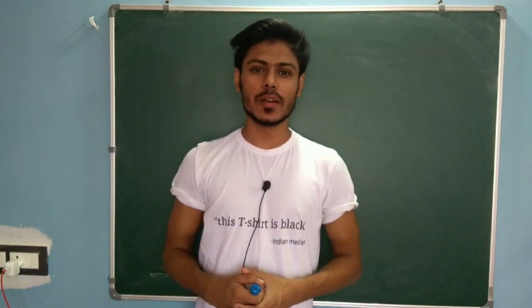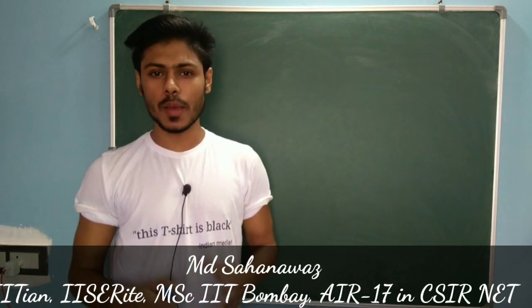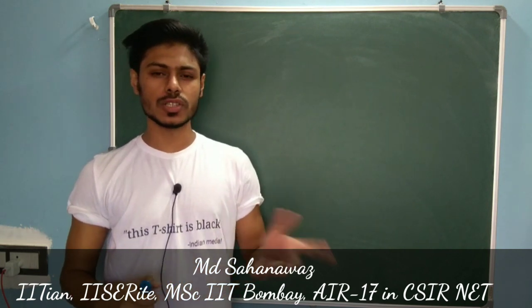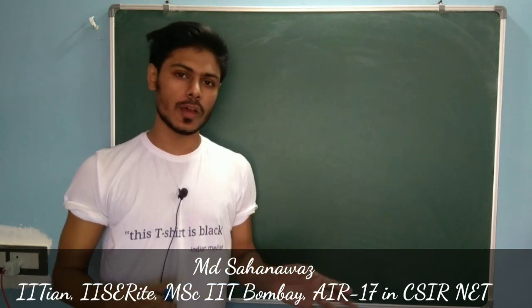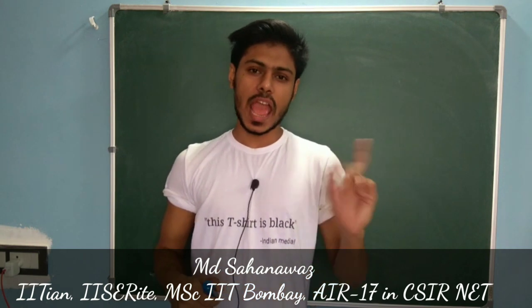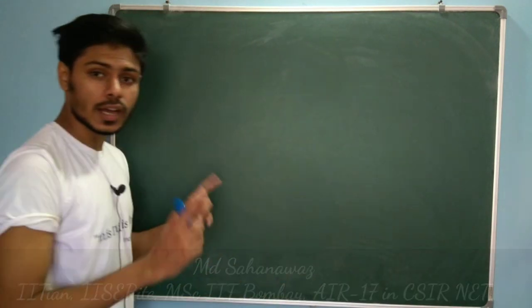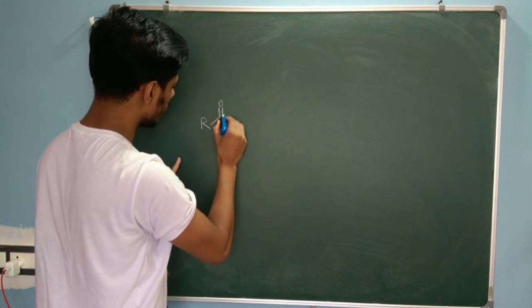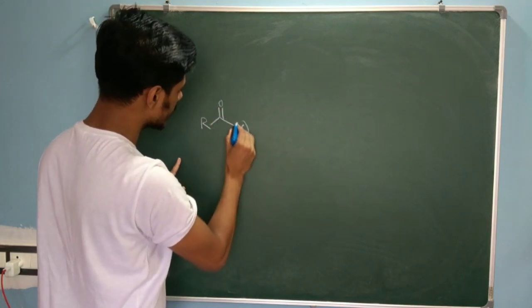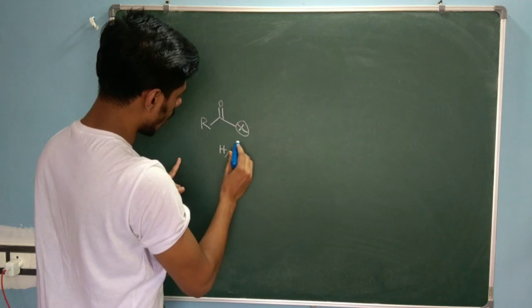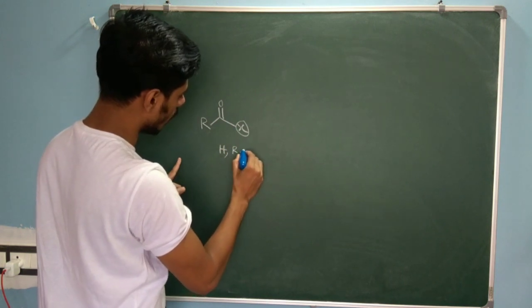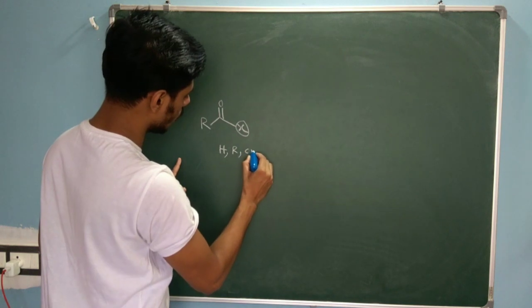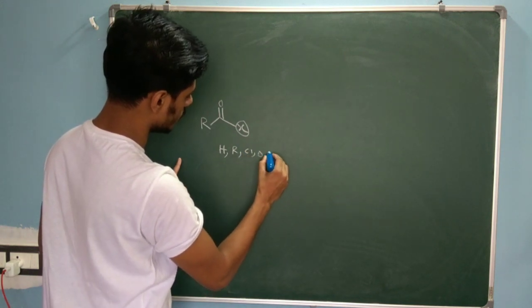So welcome to Chemistry Lover, and here in this video I am going to talk about the reduction reactions of carbonyl compounds, because I am continuing the series of the reaction of carbonyl compounds. And if you talk about the reduction reactions of carbonyl compounds, I can simply write down a carbonyl compound like this. This X may be hydrogen, or it may be an R group, or it may be some X group like chlorine, bromine, iodine, or oxygen, nitrogen, like that.